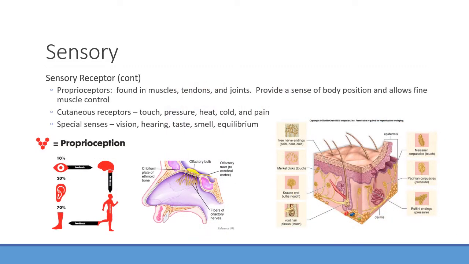So looking at some other sensory receptors, how about proprioceptors? What do they help us with? Is it pressure? Not pressure. Well, in some cases maybe pressure, but it's going to be more helping us to determine body position. It allows us to help with fine motor control. So proprioception, usually you're going to find a lot of this located within things like the muscles, the tendons, and the joints, and it gives our body a sense of what the muscles are doing, what position they're in currently. And again, the really important thing here is all this sensory perception is going to be fed up into the brain, usually with the thalamus, and it can be sent out to various places from there.